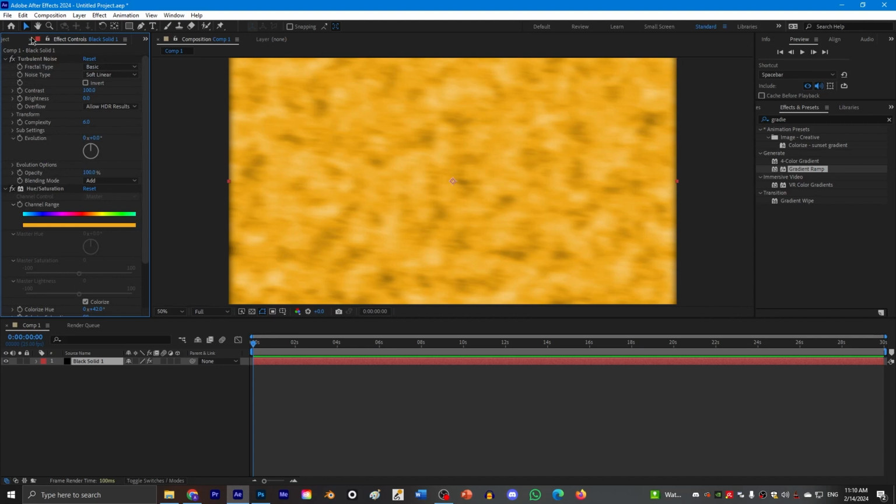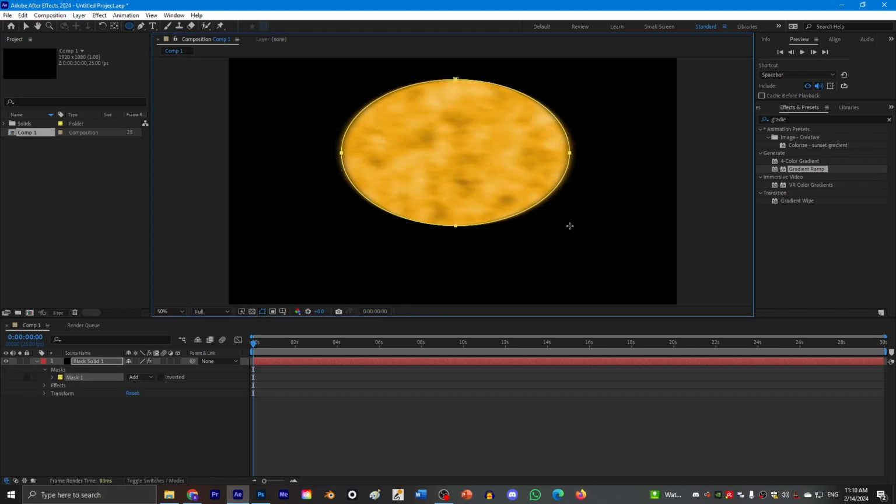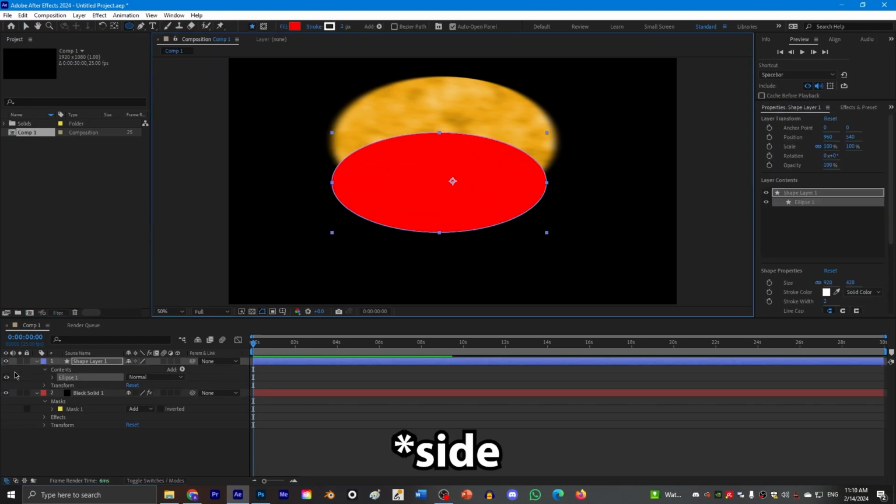Then the most interesting that I had to do was creating the shape, and for that I used a combination of the masks. Then another mask for the other side.